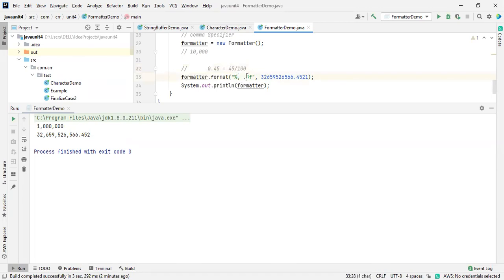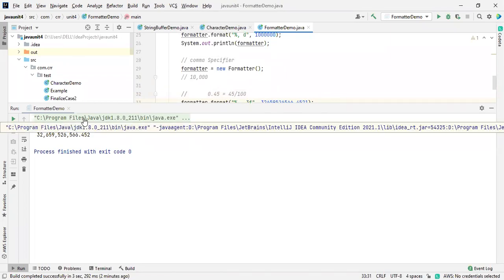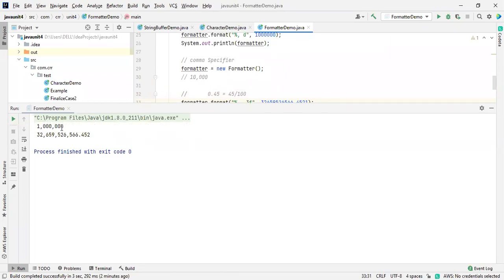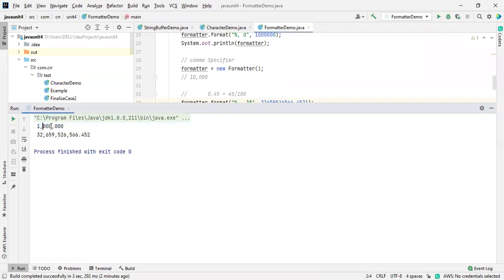I think you got my point. So after 3 digits, you need to place a comma over there. That's it. Don't think that much about this one. It may be like 1 lakh, whatever the number it is. So after three digits, the calculators use this formatter to make delimiters over there.